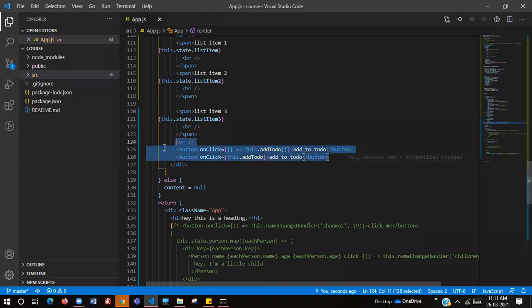Both of these refer to the same function. When do we use this particular piece and when do we use that particular piece, that we need to understand. By now I hope you guys have understood when we do what, right?